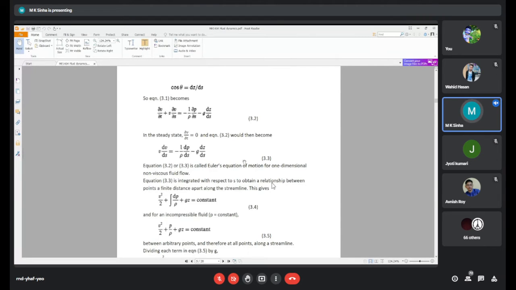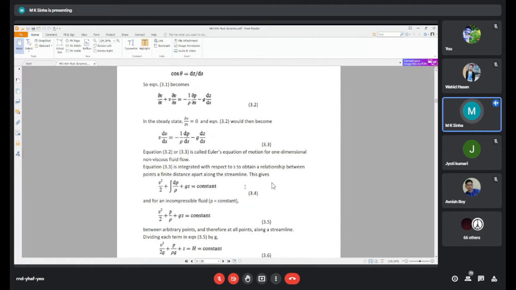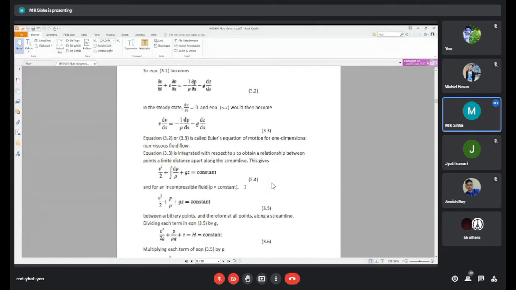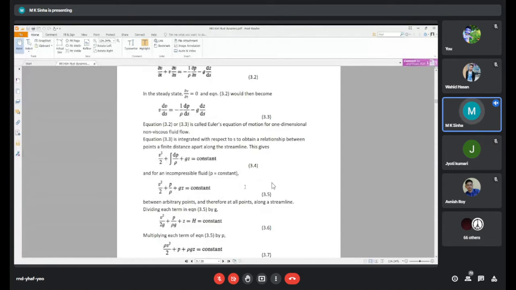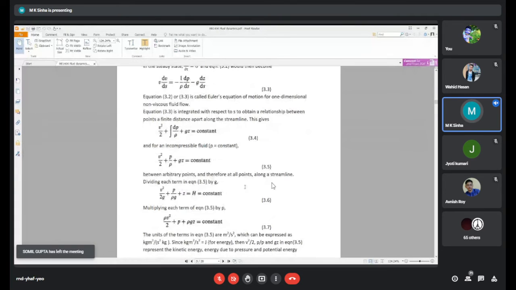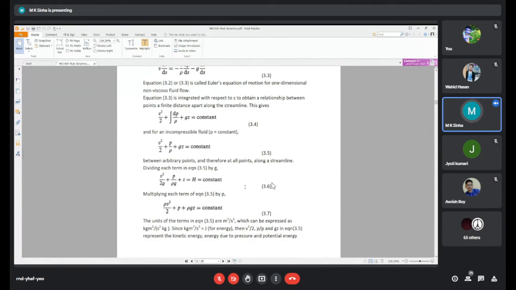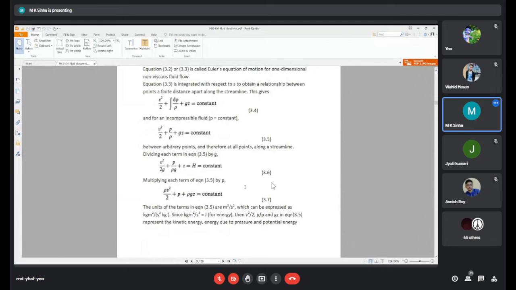This is the Euler equation in its unsteady form, and when we take the steady equation we cancel out the local velocity change with time, for one dimensional, non-viscous, inviscid flow. Integrating that equation, again it comes out as v squared by 2 plus p by rho plus gz is constant, or you can say v squared by 2g plus p by rho g plus z is equal to a constant,